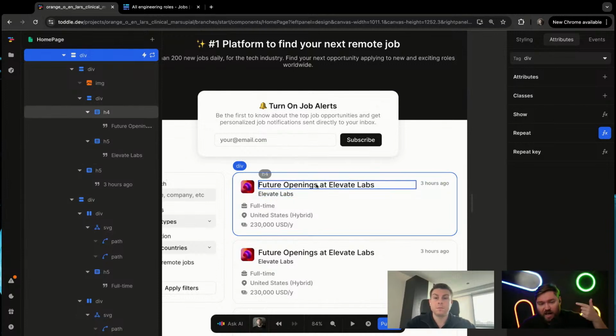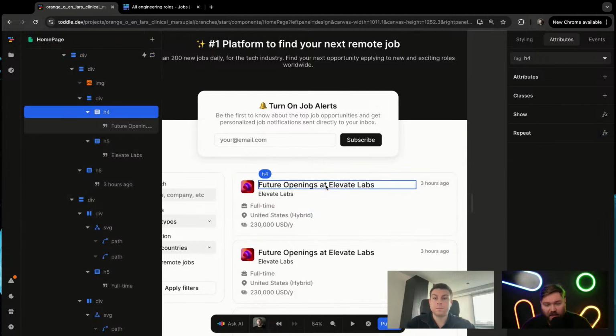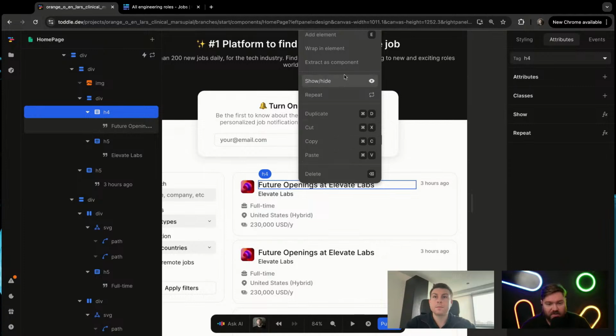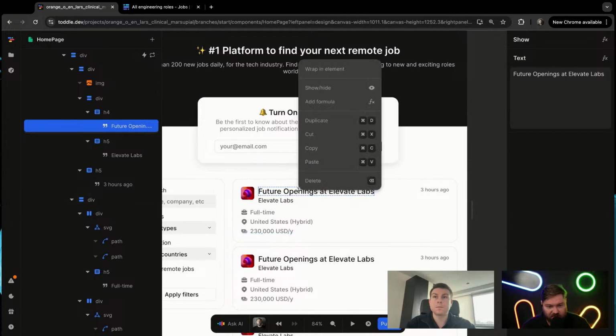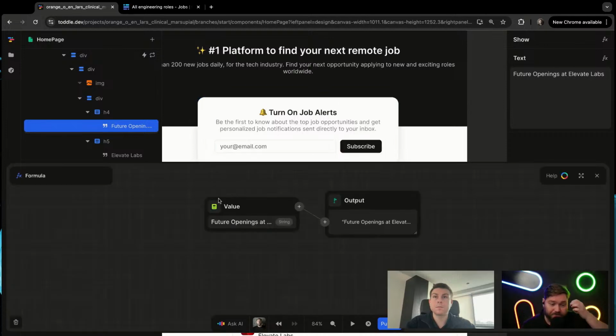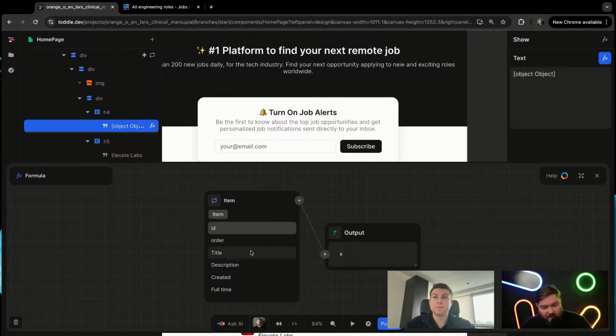So now we can start to replace all the content inside this little card with the content we got from the API. And because we're repeating, we can go here, select the text, and then say add formula. Because we're repeating, we now have access to this repeat item. We couldn't see that before because we have to be inside one of these repeating blocks, right? And here we can get the item, and then we're basically just looking at all the data that was extracted